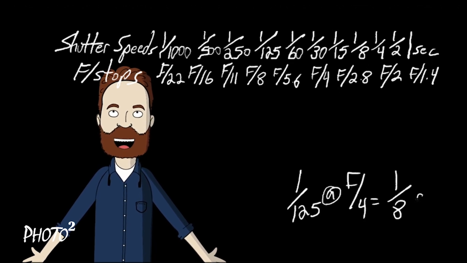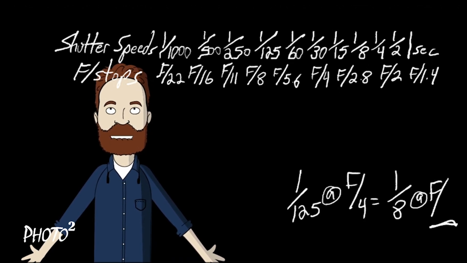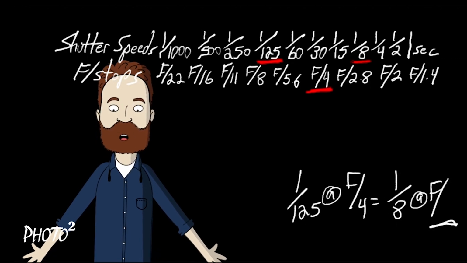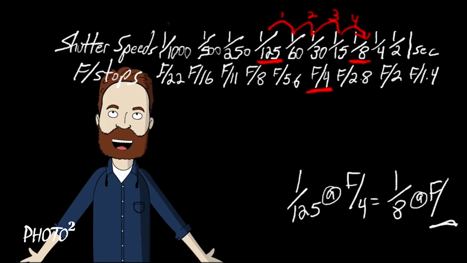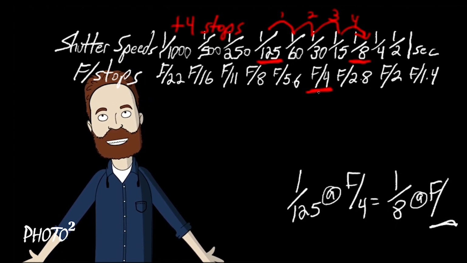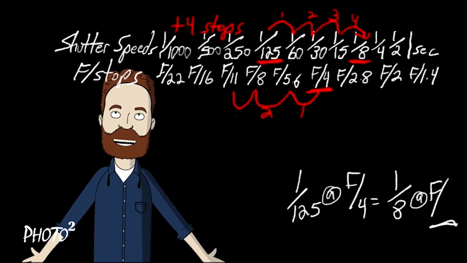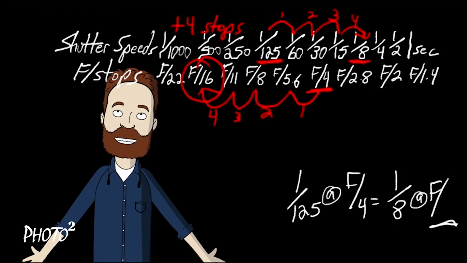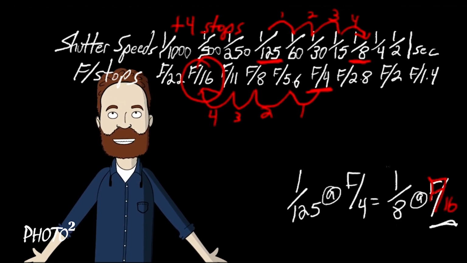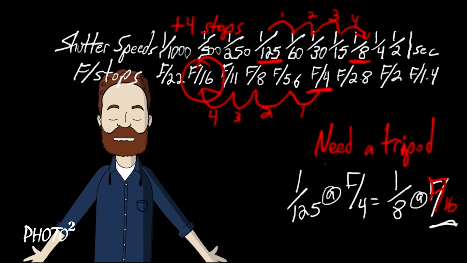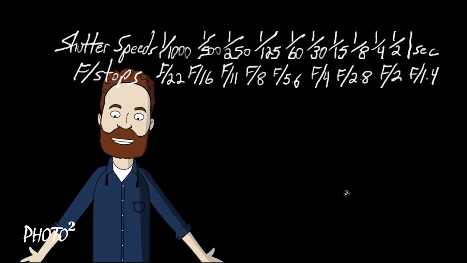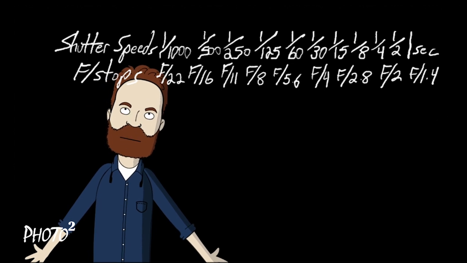So we came back later at night and we metered 1/25th at f4. So to get a control blur, we wanted to go to 1/8 at f what? Count them out. It'll be a total of 4 stops towards more light. And so we'll go down the f-stop scale and we'll go 1, 2, 3, 4 stops towards less light. So 1/8 at f16 is the exact same exposure as 1/25th at f4, but the first shot has frozen shallow depth of field, and the second shot had either a control blur or pan with a lot of depth of